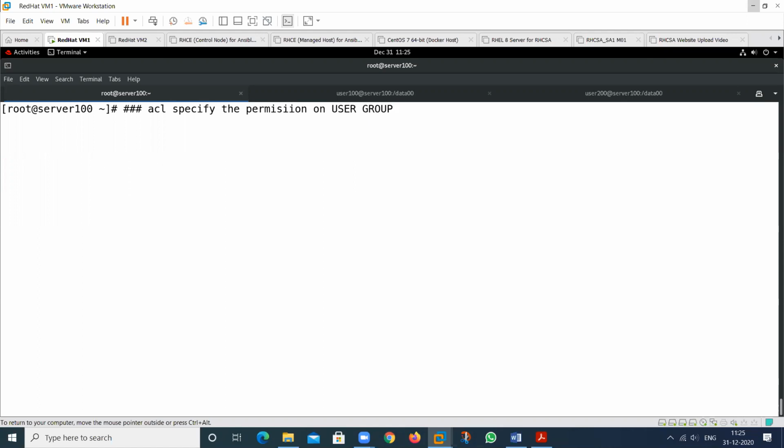It can be applied on user as well as on the group, and for files also, and for the directory also. First, I will tell about the user, how to apply the ACL for the user, and how to remove the ACL from the user. Then I will tell how to apply the ACL on the group and how to remove the ACL from the group.